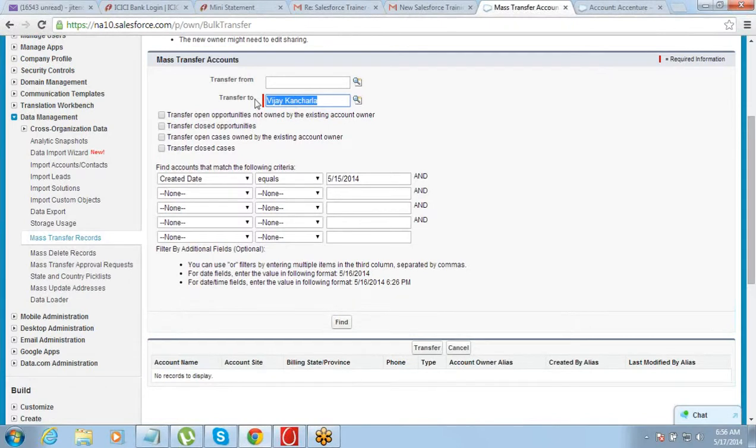That is the reason why it does not show any results here. But whatever, we need to select a user as transfer from and a user as transfer to, find the data, and then again the same way, select all those records and click on transfer. That is how this transfer process will work.